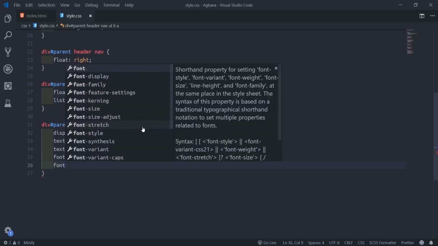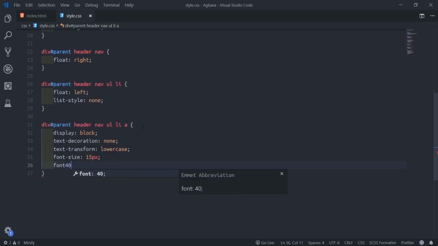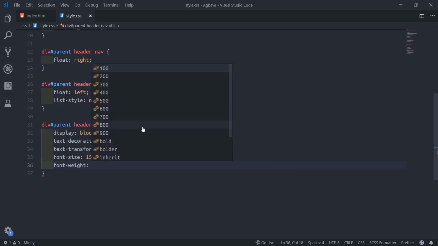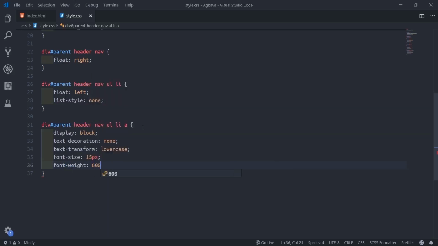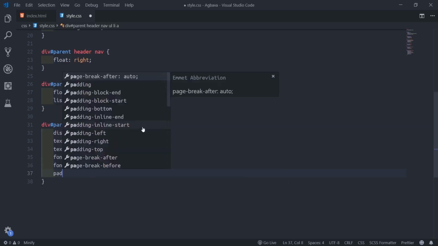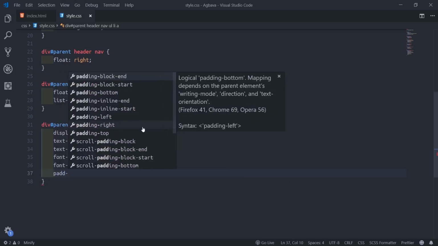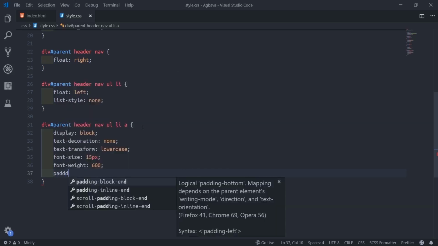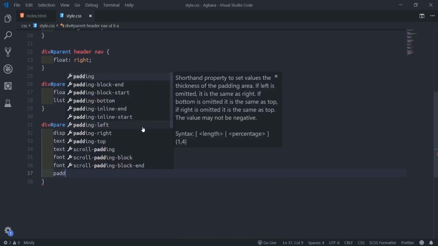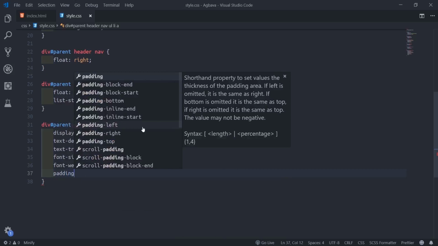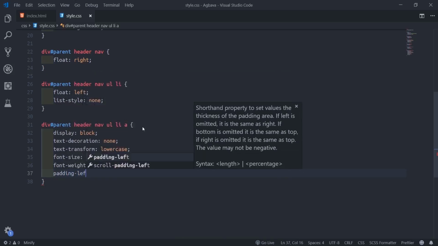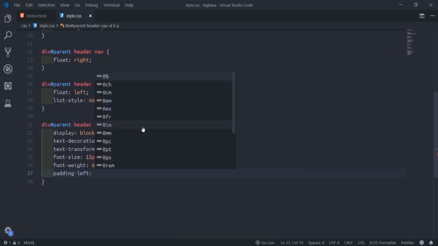Font weight. Make the font weight be like 600. Sorry. Now the padding go be 40 pixel. That's padding left. Padding left. So it could be like 40 pixel.